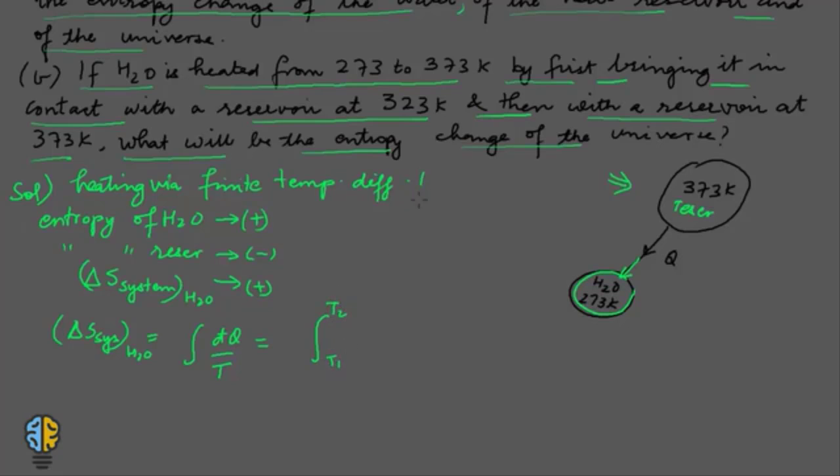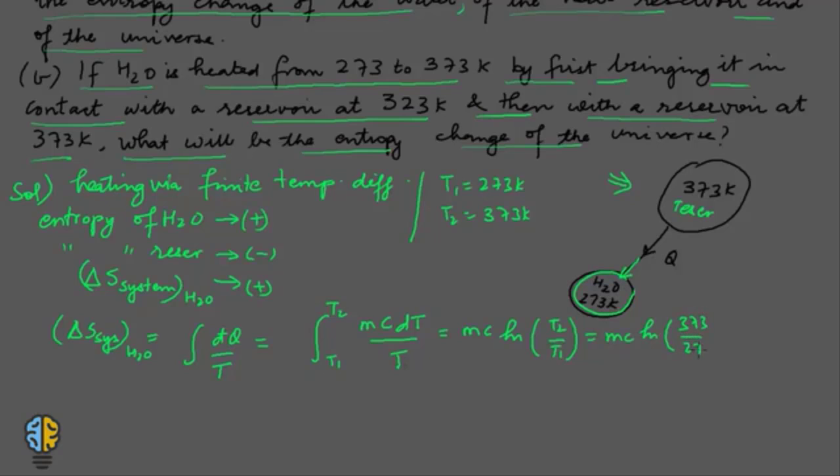Now if you read the question, T1 starts at 273 Kelvin and it is heated till 373 Kelvin, and this becomes mc dT upon T. So this eventually becomes mc log T2 by T1, which is nothing but mc log